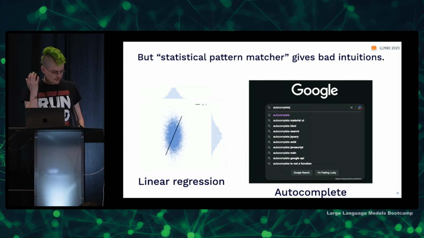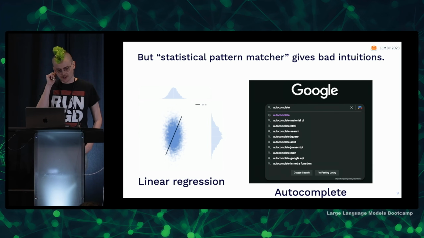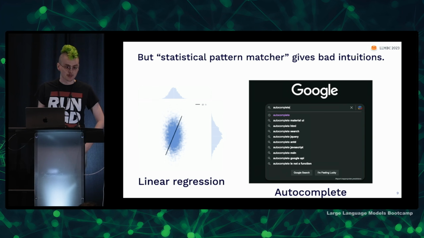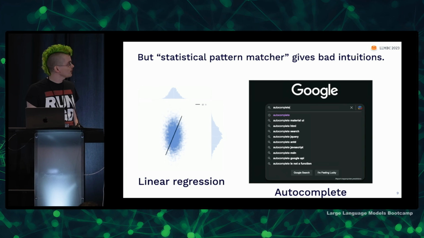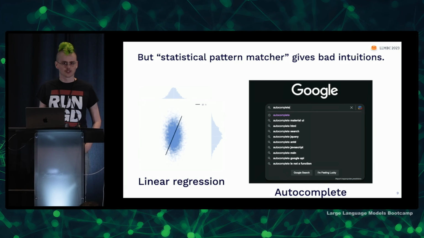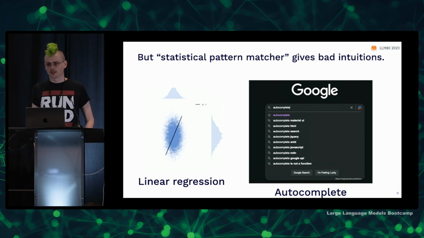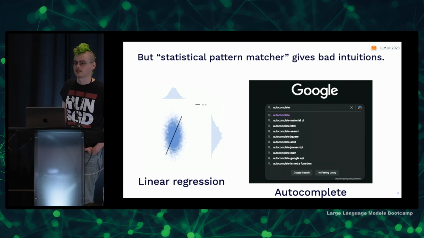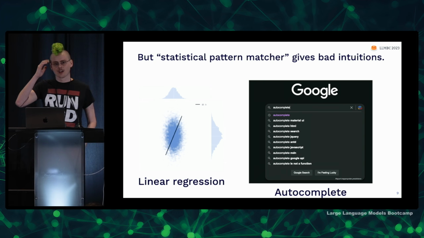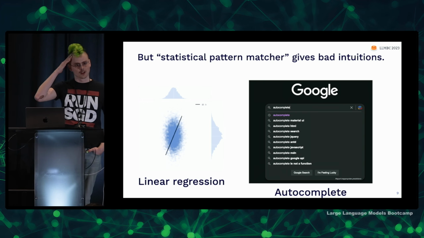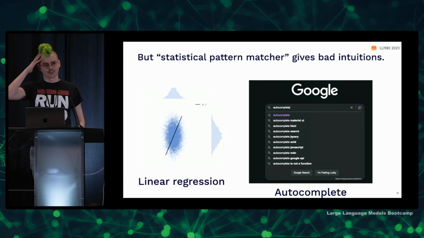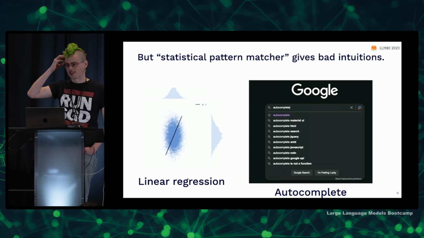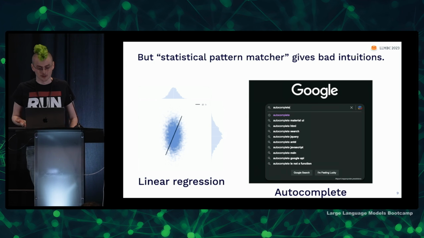When you say that these are statistical models, that they learn patterns, or that language models are statistical pattern matchers or stochastic parrots, you're drawing on intuition from other kinds of statistical models that you've seen. So maybe statistical models of data like linear regression or Gaussian distributions, which are very, very simple objects. Or you're drawing inspiration from other kinds of models of text, like Google's autocomplete, or the autocomplete function on your phone. And we're well aware that these things are very dumb and not very capable, and that they just pick up on surface level patterns.